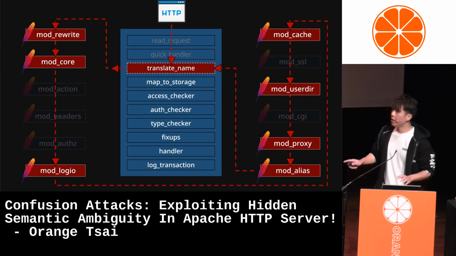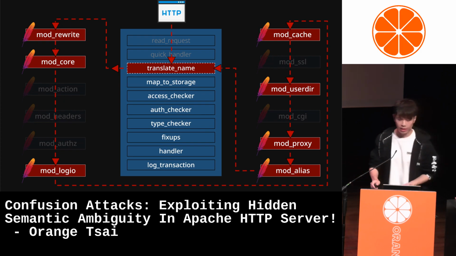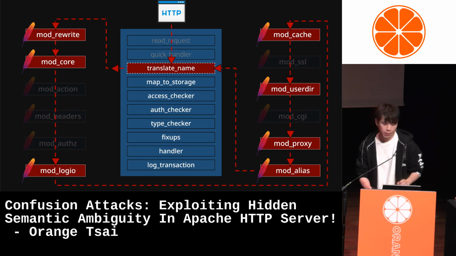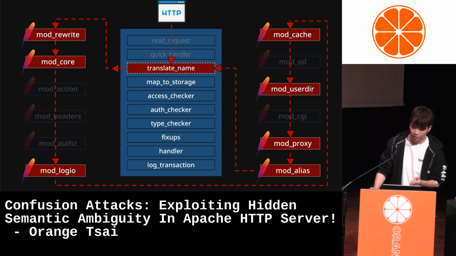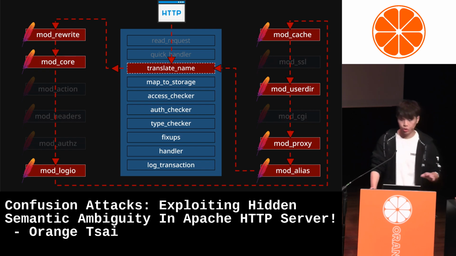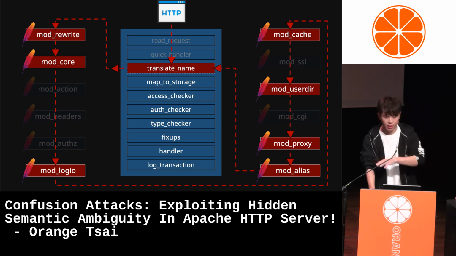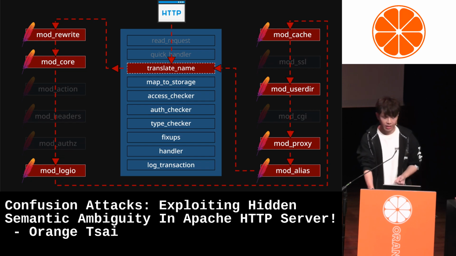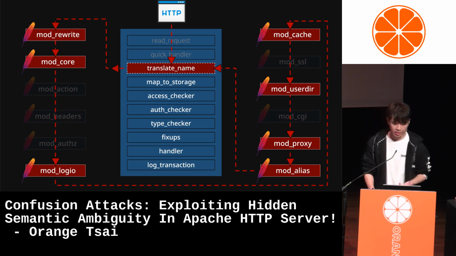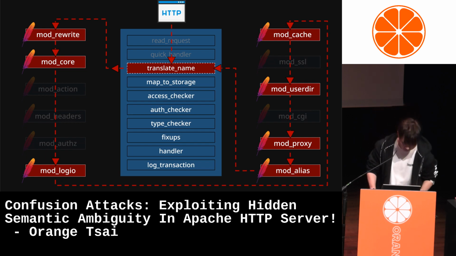And stepping into the internals, an HTTP request will pass through several phases, and the modules act like players in a game of catch, passing the structure from one to another. When it's a module's turn, it focuses on completing its own task. And once done, it passes the structure to the next.